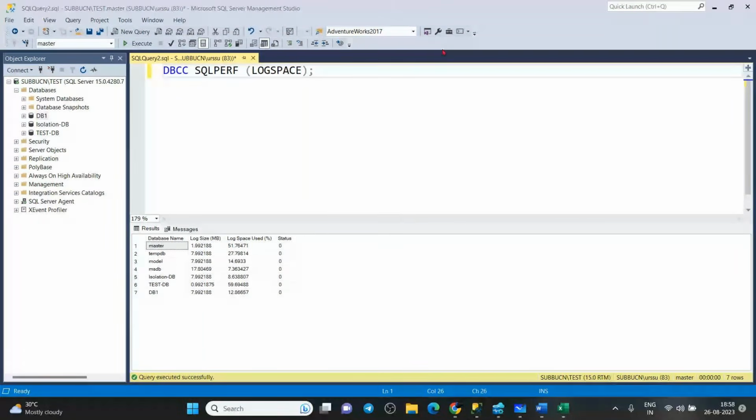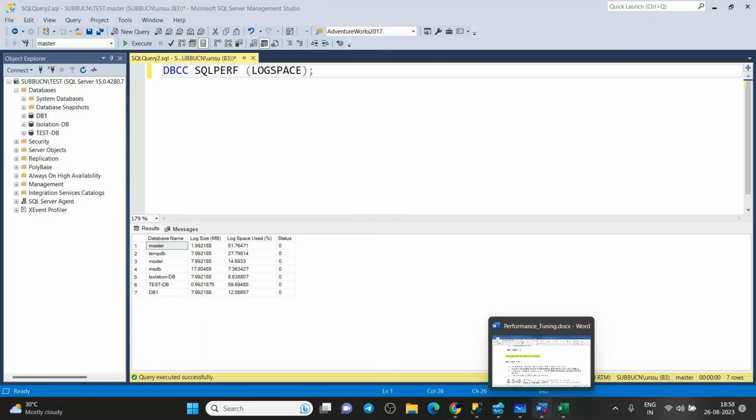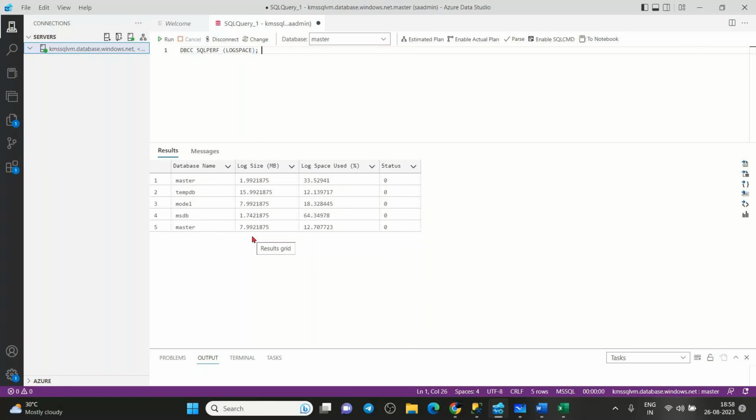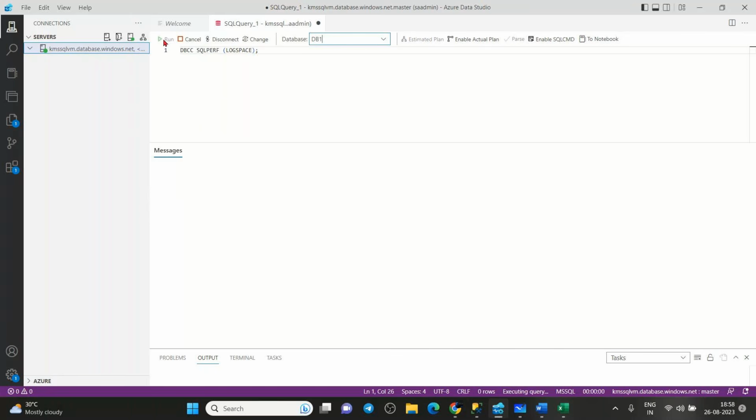Okay, so whenever you see more than 80%, we need to troubleshoot, or if it reaches 75% also, you need to troubleshoot. Along with this, even in the Azure SQL database, when you run DBCC SQLPERF(LOGSPACE), you see the log file utilization of all your databases. Whenever you change the database to DB1, if you run DBCC SQLPERF(LOGSPACE),